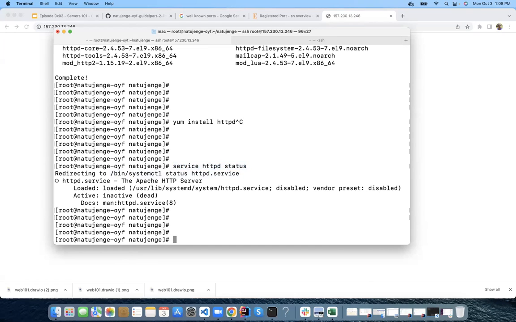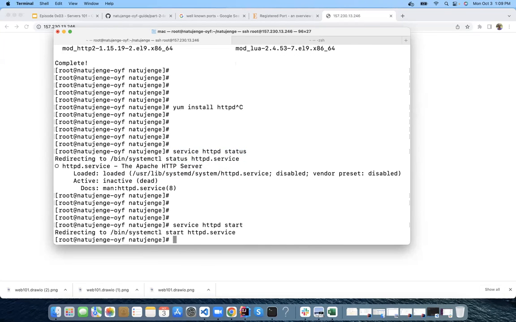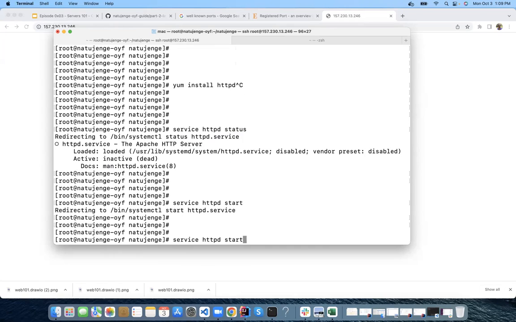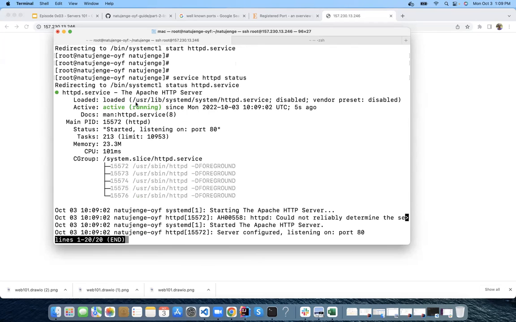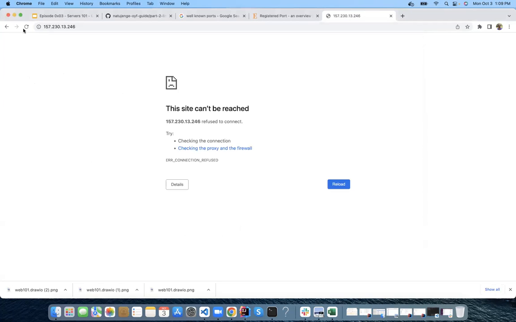So how do you start the service? So you have httpd, and then you can do start. Now, once you start, how do you check the status? Definitely, you just do status. And you can see it's running now. It's running, and at this point, we know that it's running on port 80. If I come here and run this,